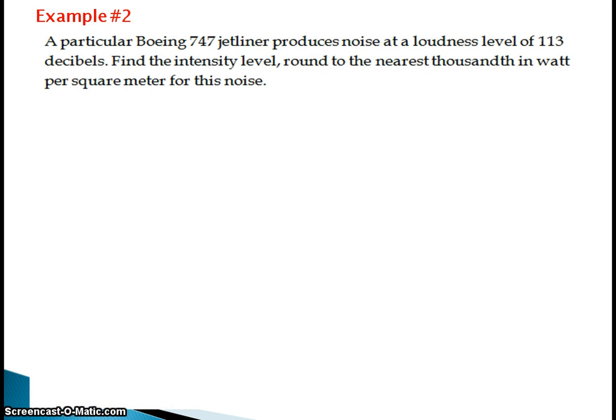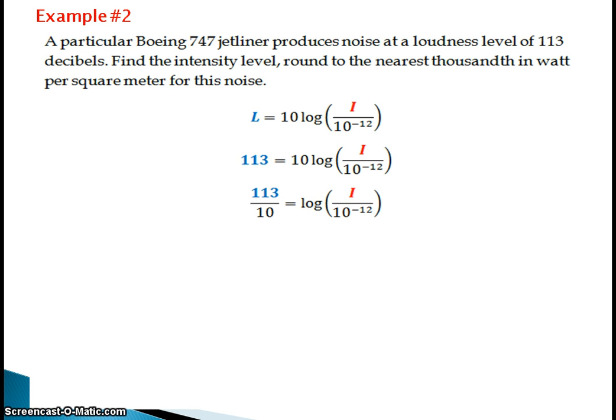Our next example in the area of sound is a Boeing 747 jetliner. Those are pretty loud, and it produces a loudness level of 113 decibels. This time we're going to find I. So let's write down our formula. We've been given L, the loudness, 113, so we substitute that in and begin to solve for I. To do that, we need to isolate this log expression here. So our first step is to divide both sides by 10. And then we are going to expand this log expression